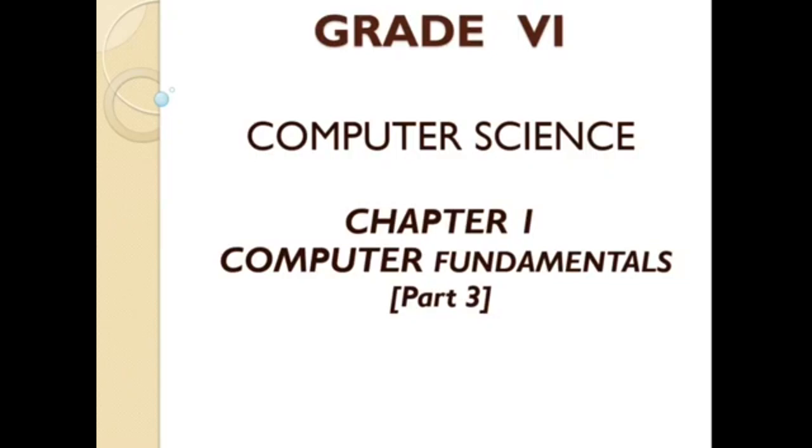In the Part 1 video we learned about hardware, software, and how the IPO cycle works. In the Part 2 video we saw what the input devices, processing devices, and output devices are, and we saw the different types of memory also. There are two types of memory, primary and secondary. We have to recall that and we will start the next topic.